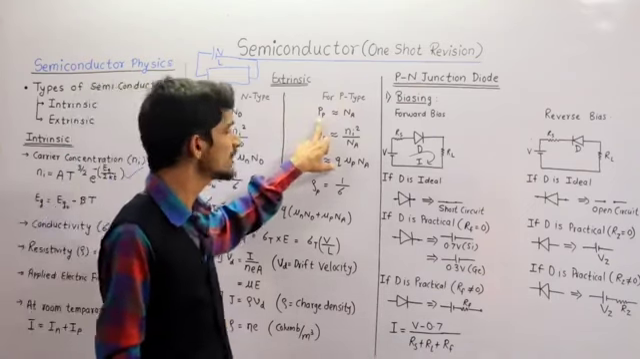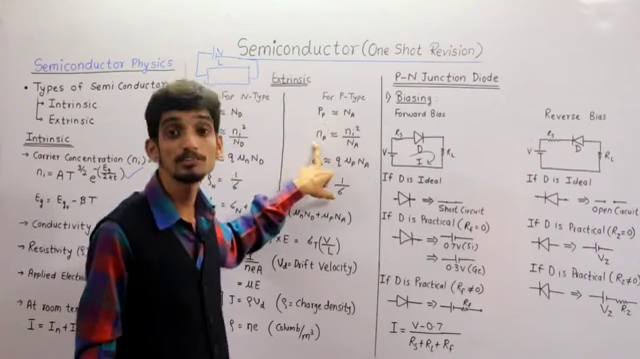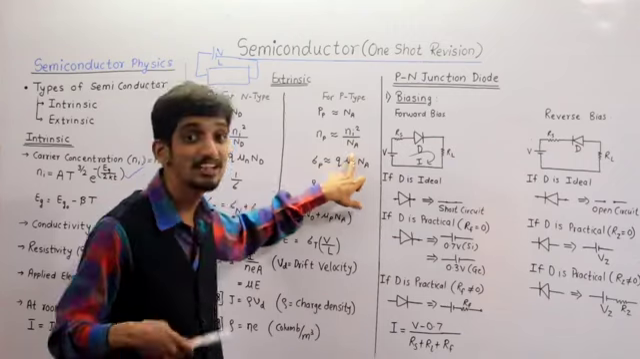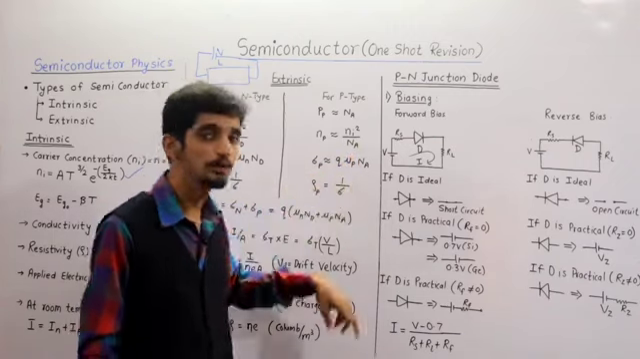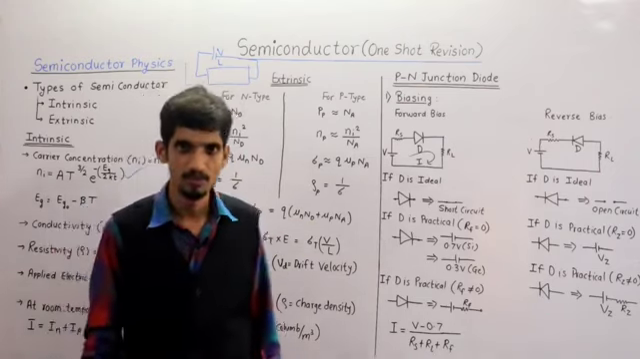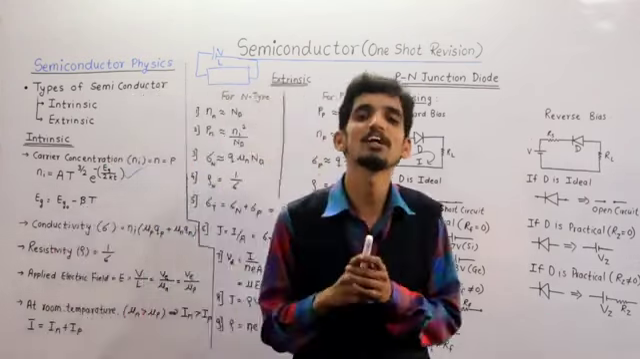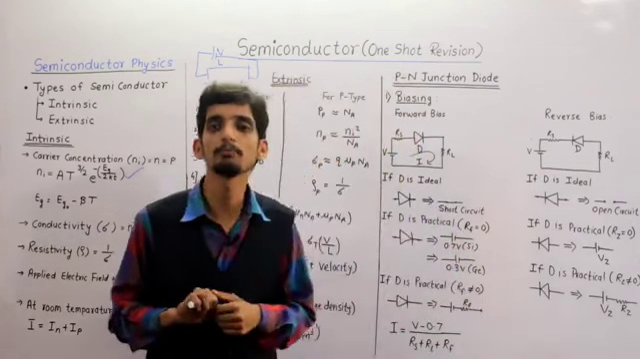Then for P type semiconductor, hole concentration is majority, that is Pp is Na. Then electron concentration in P type is what? Ni square by Na. Then conductivity of P type is what? Q into mu p into Na, and resistivity is what? 1 upon sigma. Clear? So these formulas are very important from competitive point of view, because in previous papers there